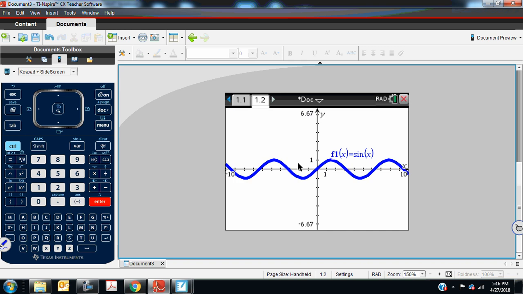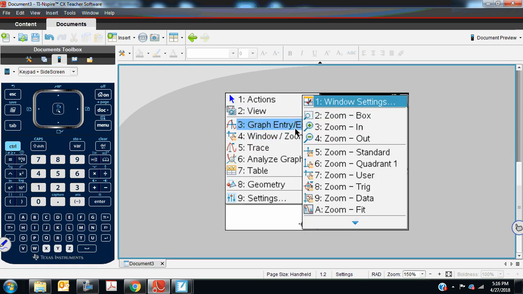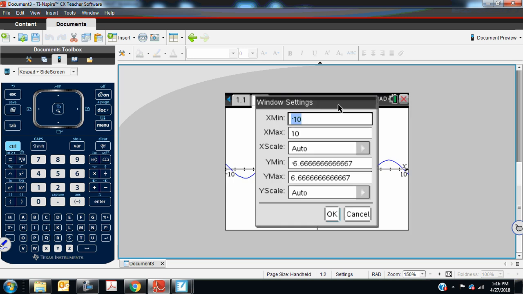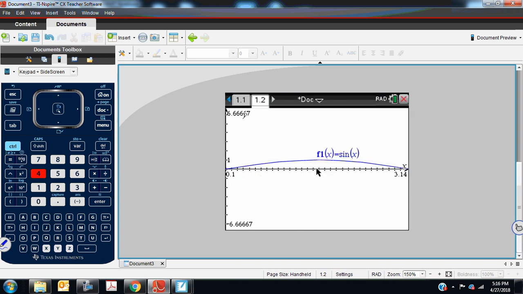It's going to create the wave, and now I have the power to change the window to only be looking at the interval specified, which is 0 to pi, so 0 to 3.14. This is the interval in question, and I wanted to see where it equaled 3/4. So if I added another function